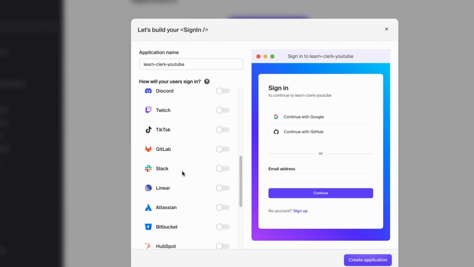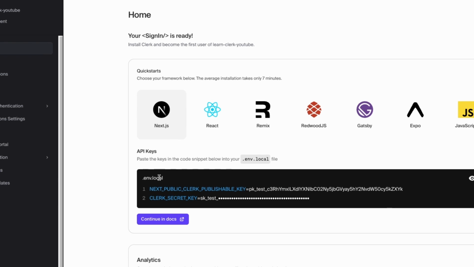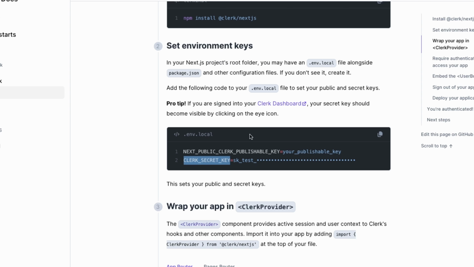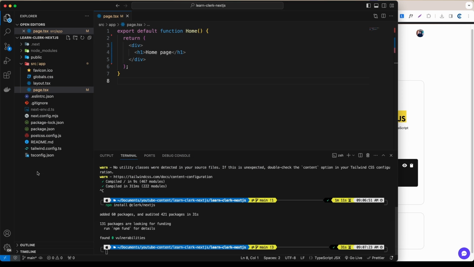You can select anything you want in here, but I'm going to leave it like so and just create the application. After you create the application, as you can see, we have this file here. It's like the documentation right here. So I think we can just copy this, go to the Next.js application, and in here